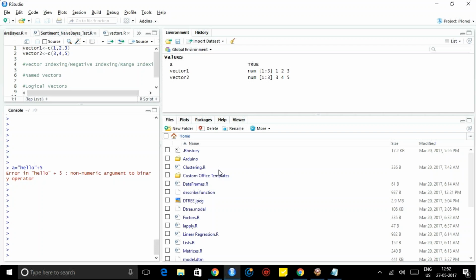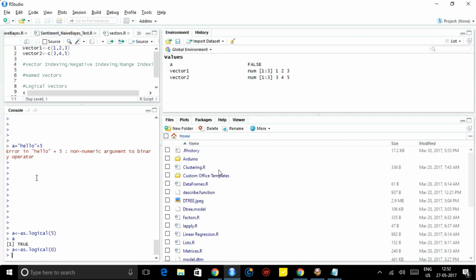On the other hand, similarly, what you can do is, internally 0 is given to false and any other number is given to true. In R it is like that. Any number. You can see logical of, if you give 5, if you say A, it is true. If you give A after logical of 0, it will be false.